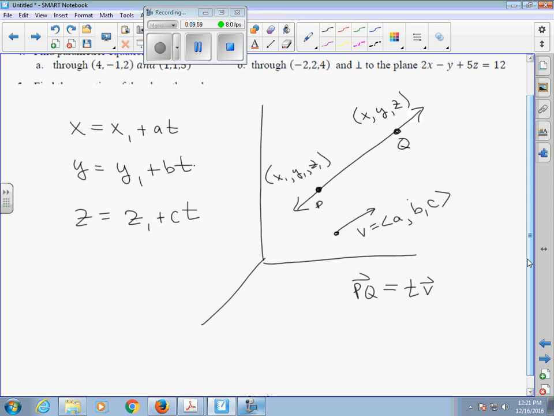Okay, so we take v and we multiply it by t, and now the vector tv gives us, I'm going to write the a, the b and the c first: at, bt, ct. Now that's a scalar. T is like 2 or 3 or whatever you multiply by each component. Okay, the vector PQ,